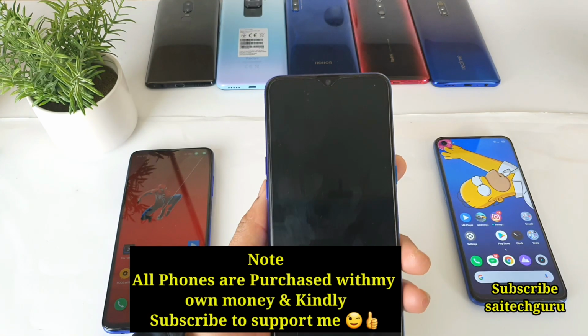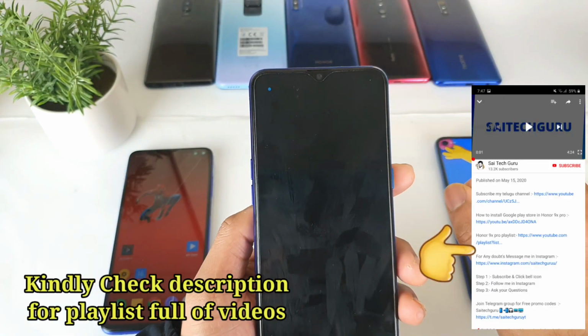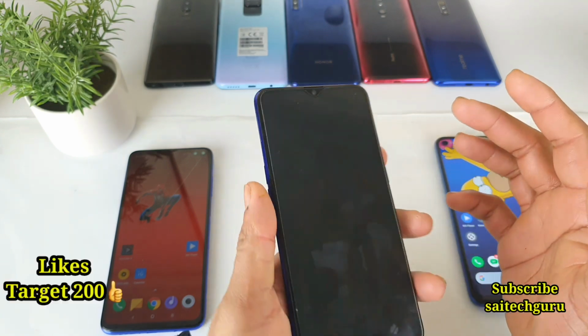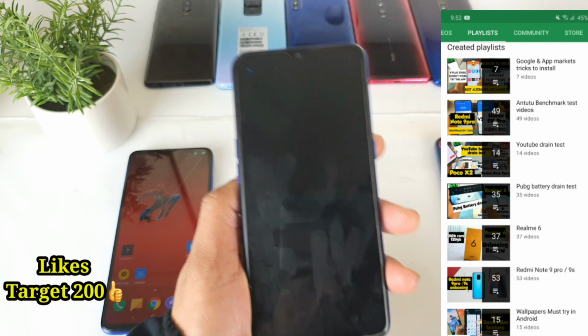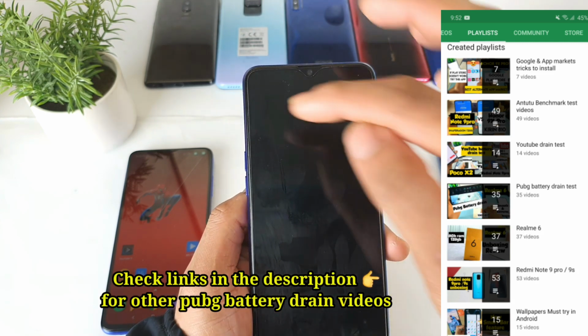Welcome to Sai Tech. In this one, I'm going to tell you how you can install the LED notification light application in the Realme X2 device. Right now you can see I'm using the Realme X2, which doesn't have any LED notification light, and using this kind of application will definitely help you